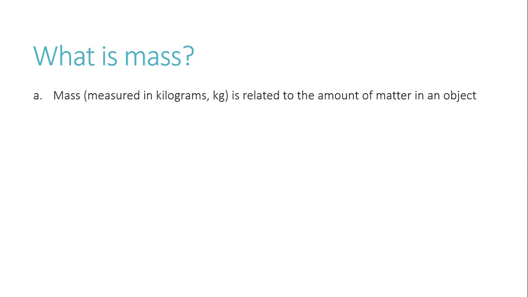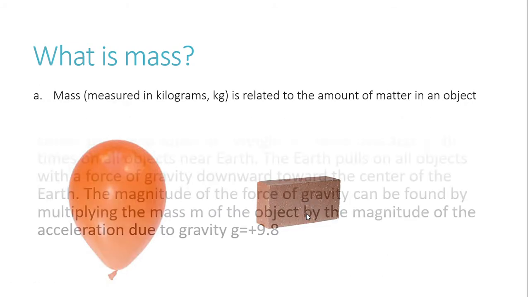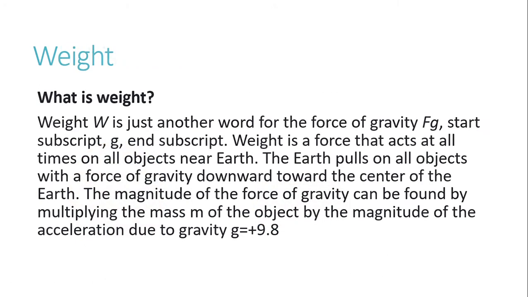You can also write that it is the amount of matter, but it is better to write it is related, because density is also a huge factor that tells us about the amount of matter in an object per volume or per size. Now, these two objects, this balloon over here, if you have a fully blown balloon in front of you, it looks large, but it's not as heavy as this brick. So that basically tells us how much matter is in it.